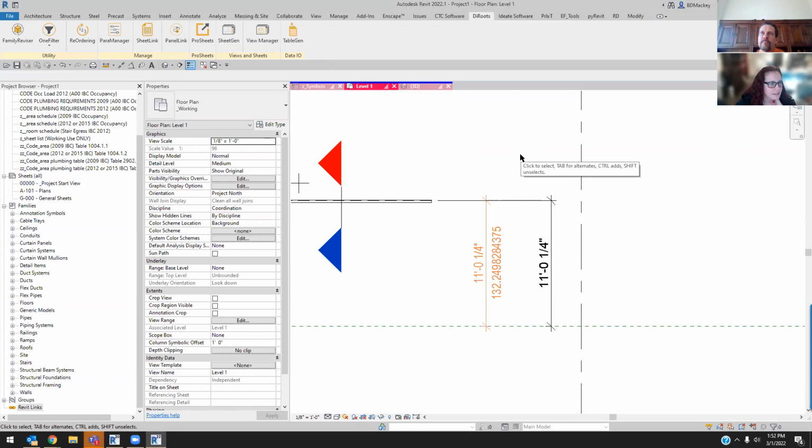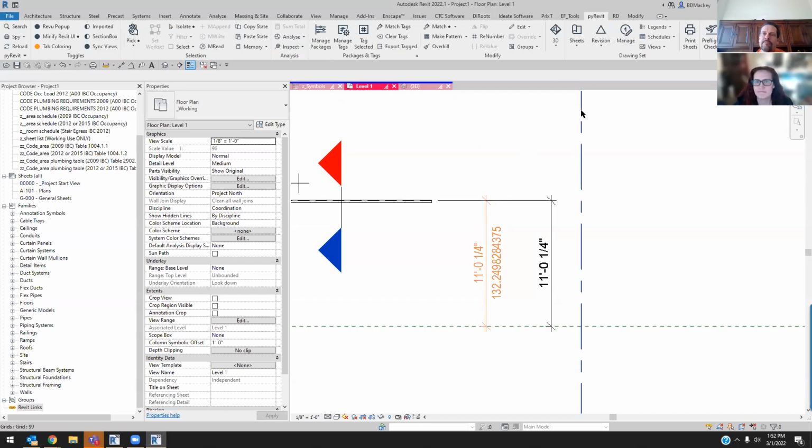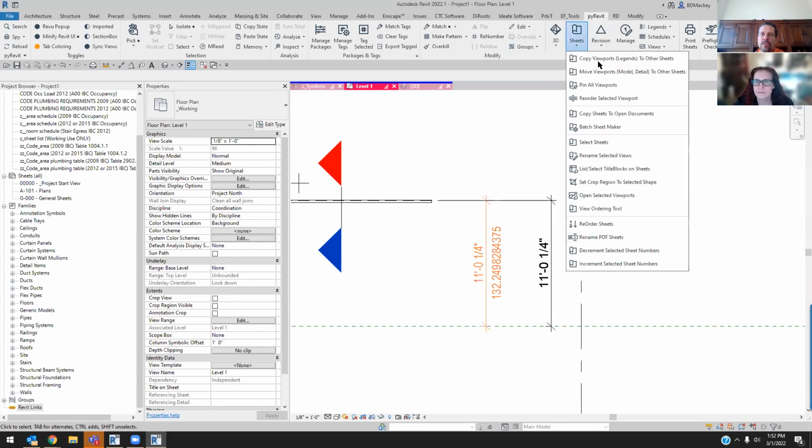Let's see. How about a way to batch plot drawings where you want your general sheets to be ahead of the A sheets? Yep, hi Revit. If you haven't downloaded and been using PyRevit for a while, there's a lot of people now, like even EF Tools is an add-on to PyRevit that somebody else created. But the PyRevit, when you go into Sheets, there is a,